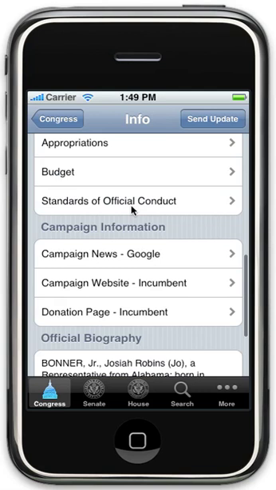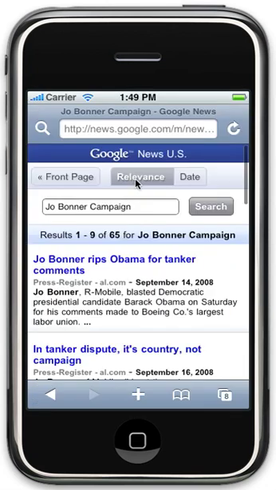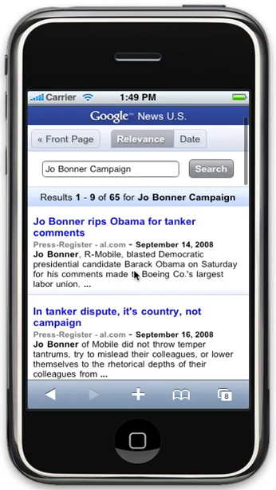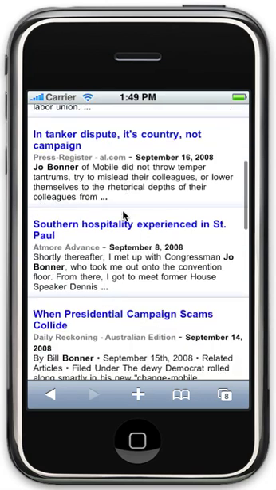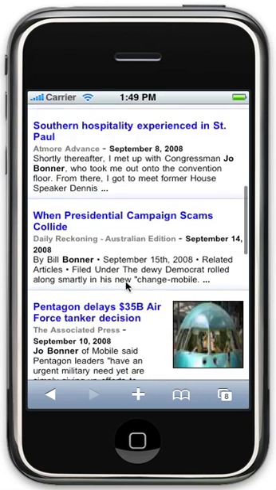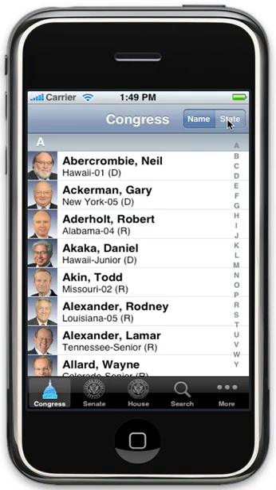We can scroll down to see campaign information. Now in this case, here's some campaign news from Google. And Joe Bonner apparently is ripping Obama for tanker comments, as well as other things. But this will give you an idea of what's going on in the campaign. Going back to the application,